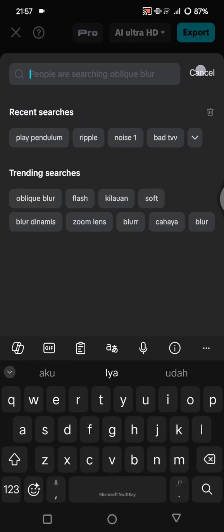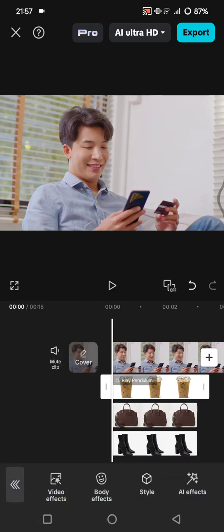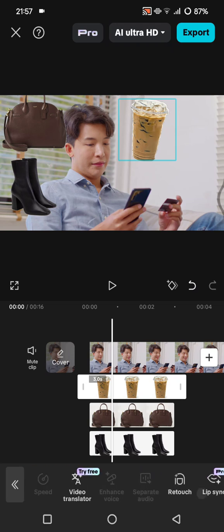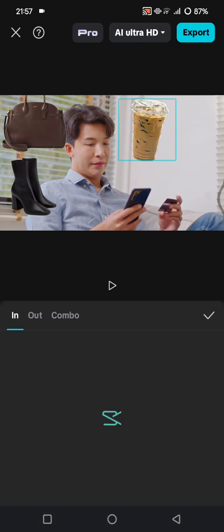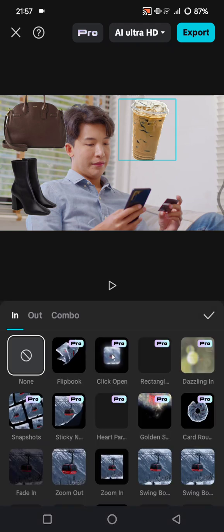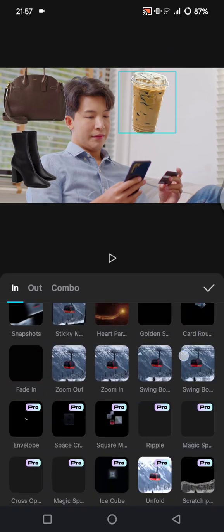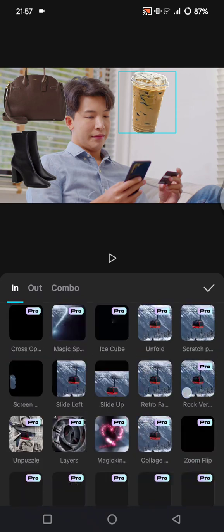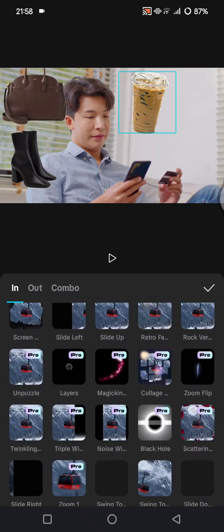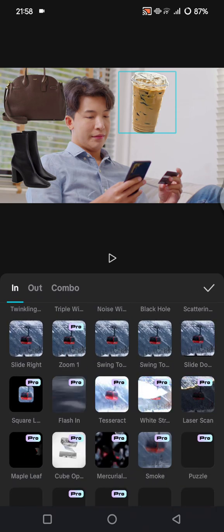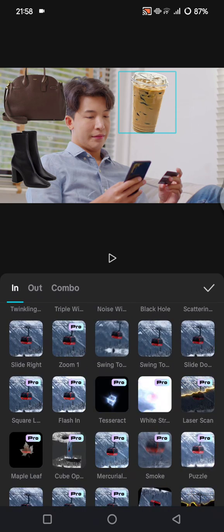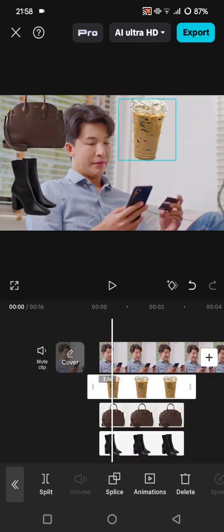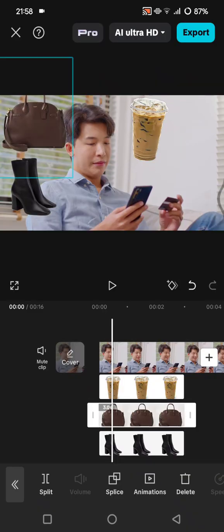Now you can just tap on the check icon, and if you want to, you can also add animations to the image so that it will become more dynamic. You can add like slide down or slide left. It's up to you. Let's try the slide down, this one. Okay, you can click on the check icon, and now you can apply the same effects and animations